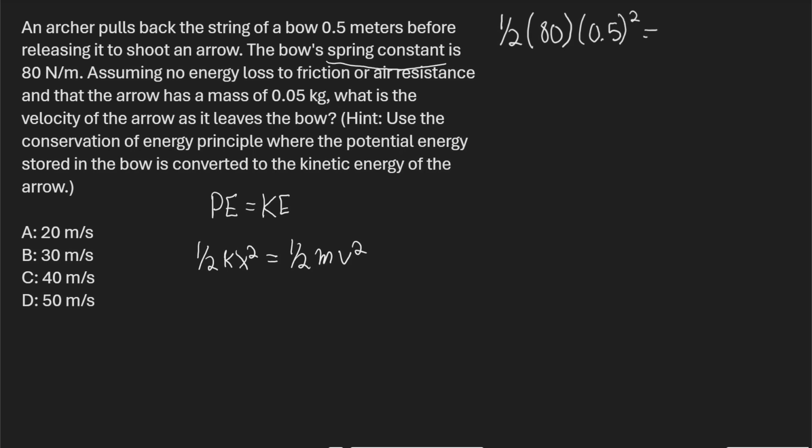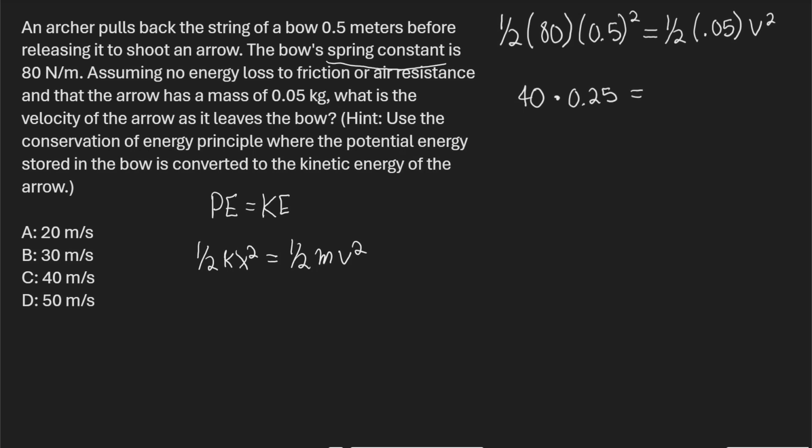squared is going to be equal to 1/2 m. M is the mass, 0.05. And then v squared. V squared, of course, is the answer that we are looking for. So 1/2 of 80 is going to be 40. And then 0.5 squared, that's 1/2 times 1/2, which is 1/4, right? Half of a half, 1/4. So 0.25